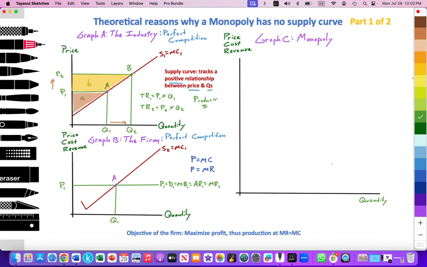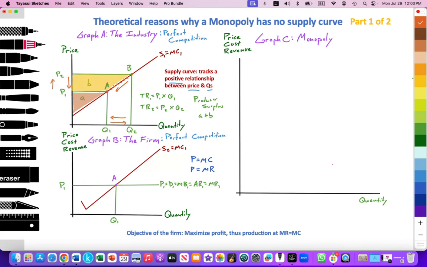Producer surplus increases to areas A plus B. And that higher price, again, enables the firm to cover their additional costs of production so they can increase their output. And vice versa. If price was to fall from P2 to P1, then firms would reduce their output from Q2 to Q1, reduce it along their supply curve, fire excess resources, and move from point B back to point